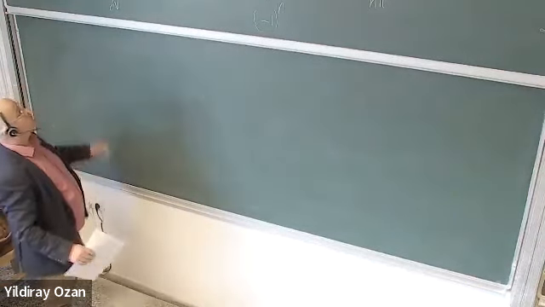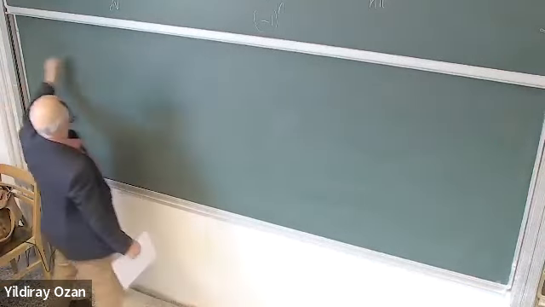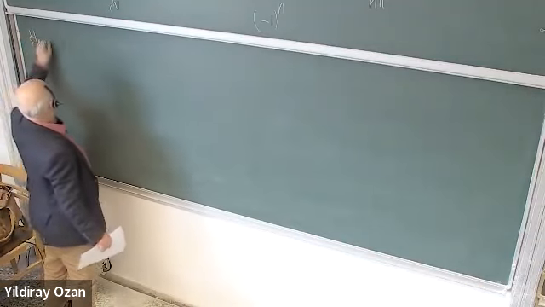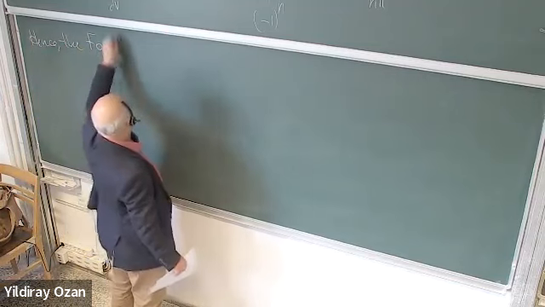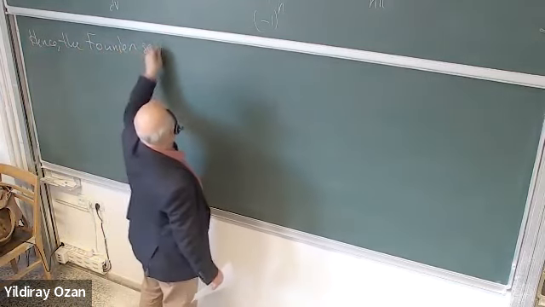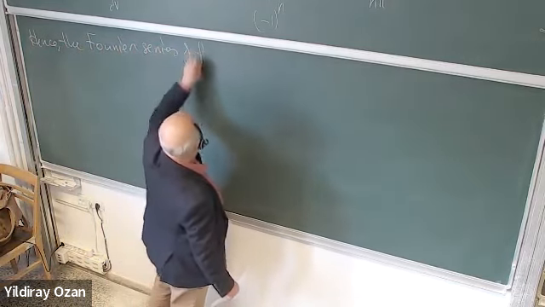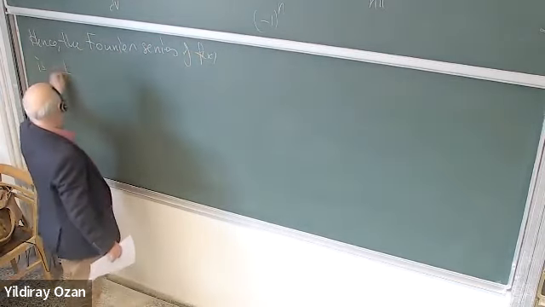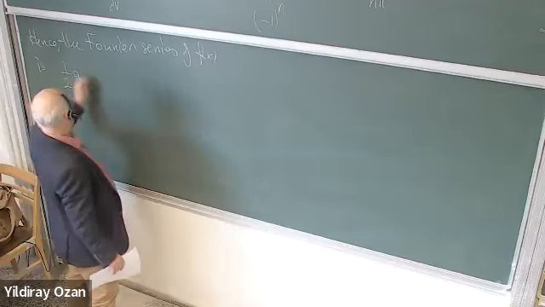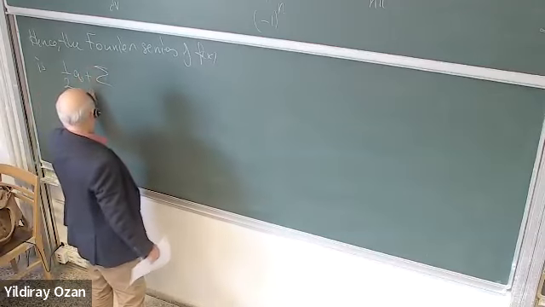So what is the Fourier series of f? Hence, the Fourier series of f of x is what? 1 over 2 a0, right? Plus